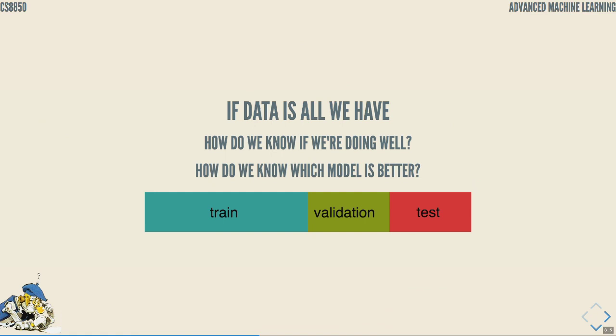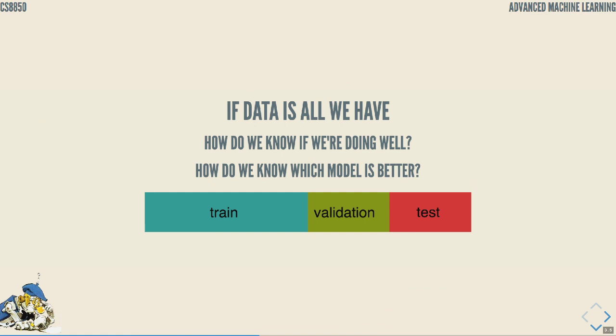If we know the distributions exactly, then we can compute estimators exactly, or we can compute our classifiers, decision boundaries exactly. But if the data that we collected is all we have, then how do we know if we're doing well in terms of training a classifier? And also, if we have a few hypotheses, a few classifiers or a few models, how do we know which model